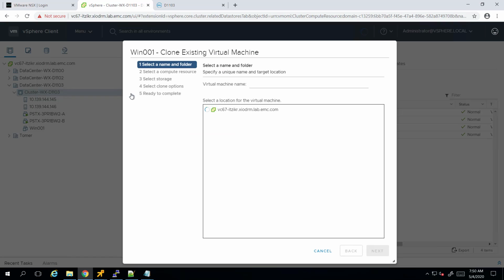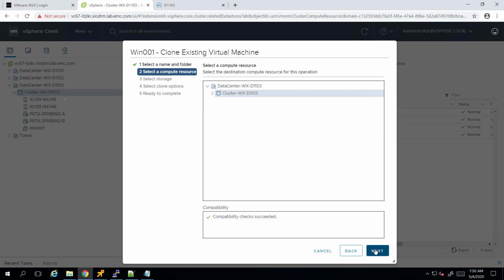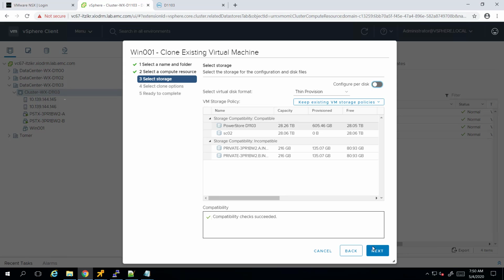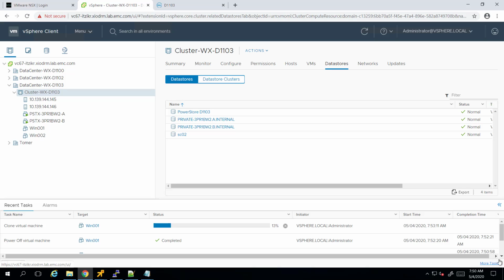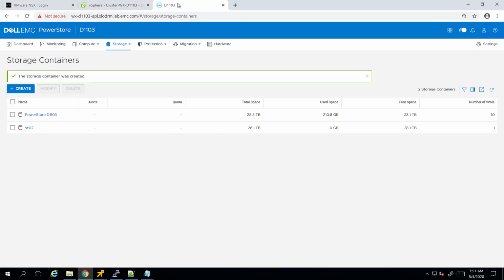Now, let's clone our virtual machine to the same vVol datastore. Here, I'm providing a name to the new virtual machine, selecting my PowerStore X cluster, which is where the storage controller VMs are running, and then selecting the default vVol datastore. When virtual machines are stored on a vVol container, anytime a virtual machine is cloned onto the same vVol container, the system will use the VASA API called clone virtual volume and offload the entire cloning operation to